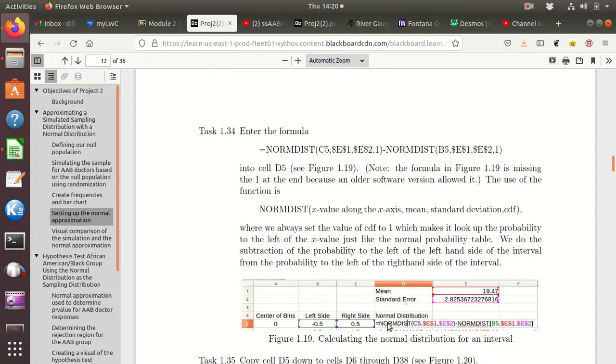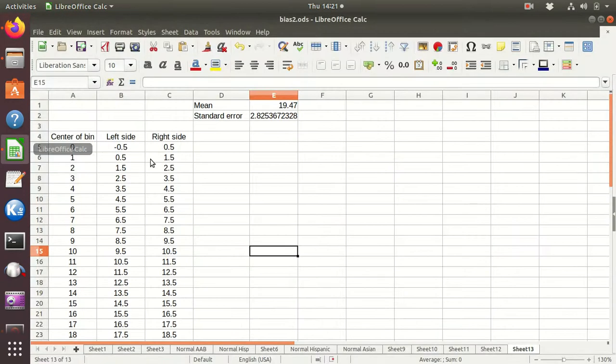So I need to get that, and I do that with the NORM.DIST command, and there's the number, and that will be our negative 0.5. Well, actually, it'll be the 0.5 in this first one, and then negative 0.5 we're using here for the B5, and then the mean and the standard deviation, and then 1 is needed for the cumulative. So I go put that in,